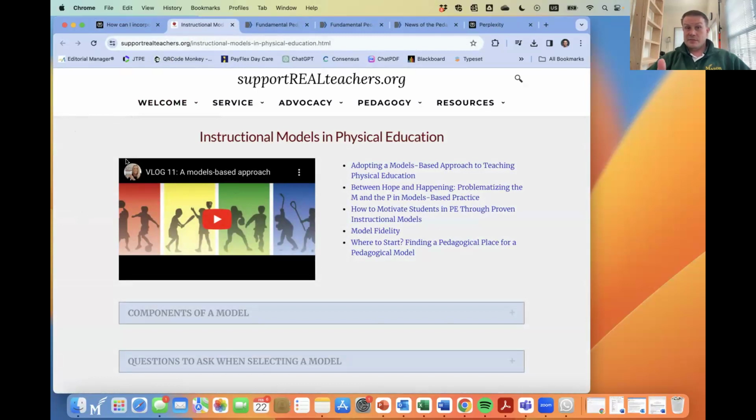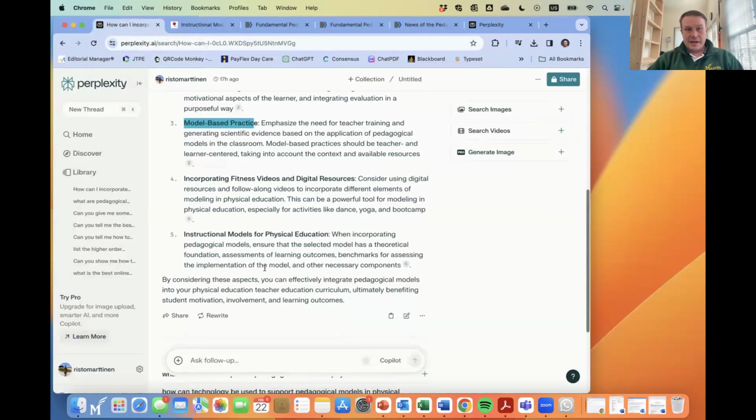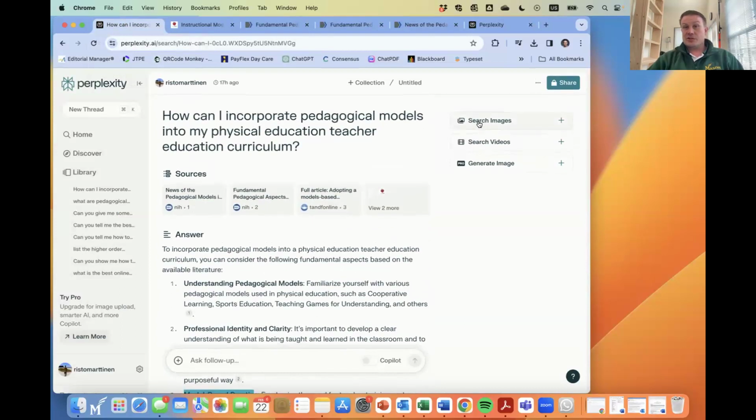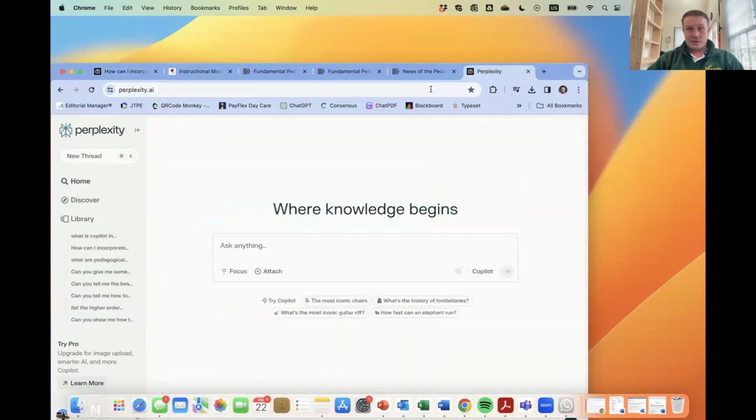So again, this is something that I've used, Vicky's blog, before in my secondary methods classes when we talk about this. I think it's a really good resource. But it gives you more information. Then you can go through and say, I want to search images of this or search videos of this. But what I want to show also is how it's different to